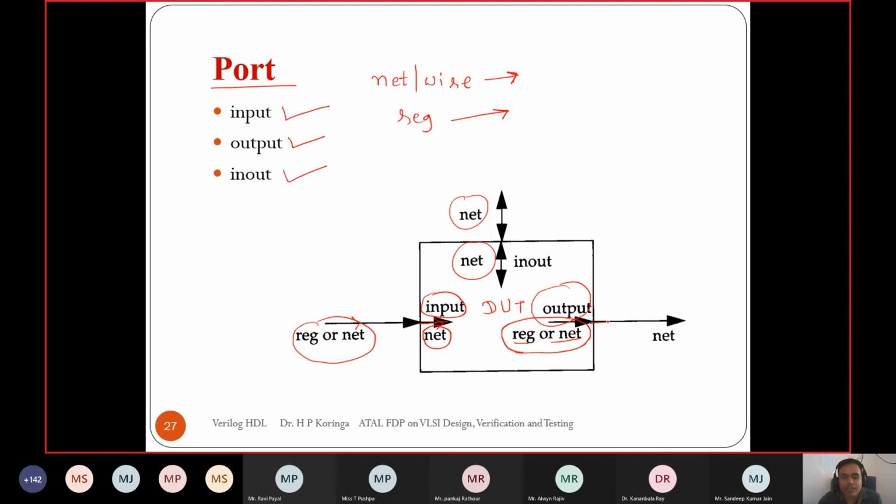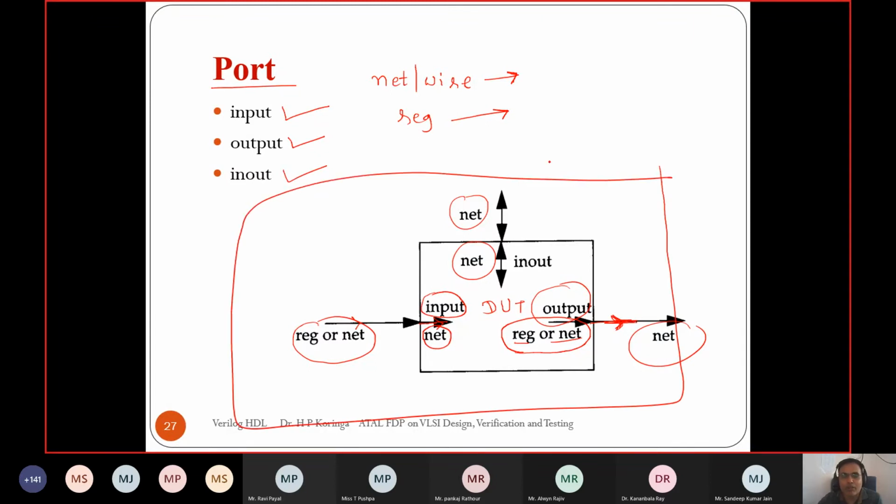And externally, when we are sending the data out from any DUT, any module, we want to change the data at any time. Whenever a change occurs in the output, it must be a net. That's why, when we instantiate this module inside the top module in a test bench and capture the data coming from the DUT, whatever variable we have defined must be of type wire or net. Wire and net are the same thing. So hope it is clear.